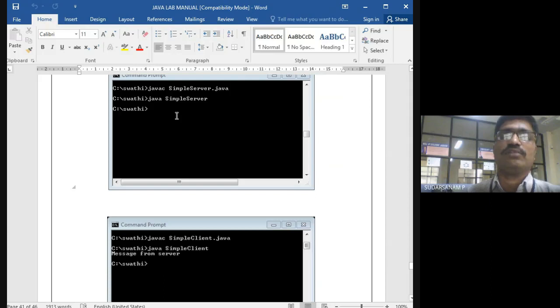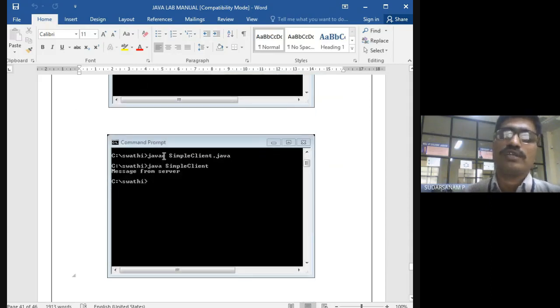Once it is running, you go to another terminal, and there you need to run the client program also. So javac SimpleClient.java, you are compiling. Next you have to run it: java SimpleClient. Once you do this, you get the message from the server.